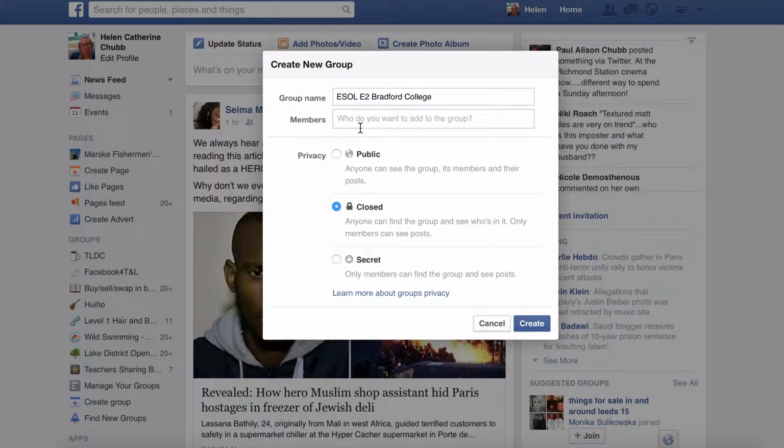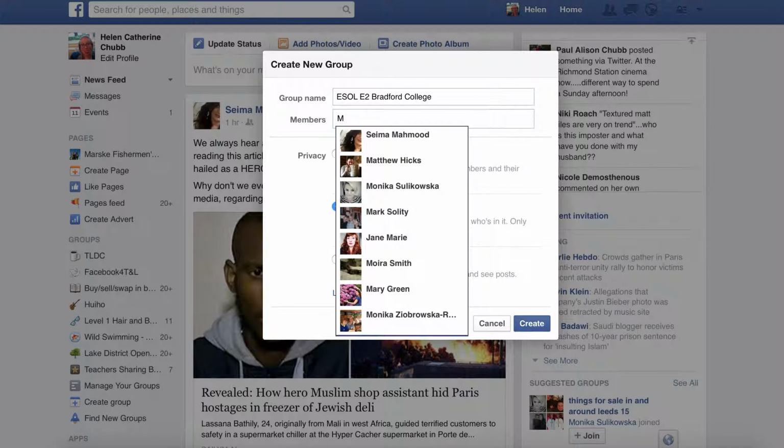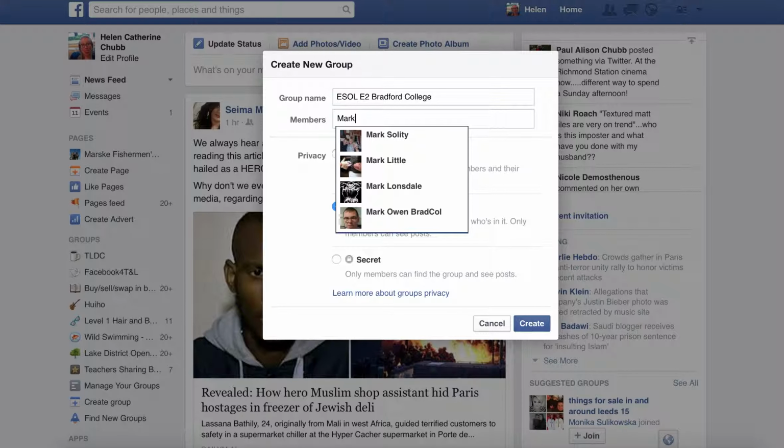I need to add one friend to the group. Use a colleague or a member of the TLDC team. They can be deleted at a later date, but you need to start it off with 2 people or it's not a group. So if I put my colleague Mark here,